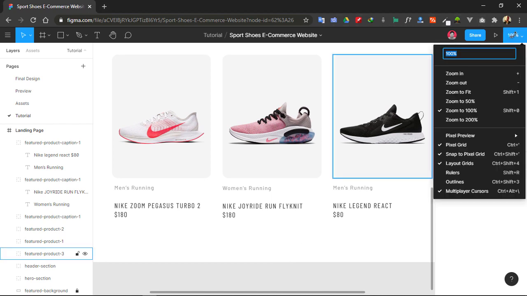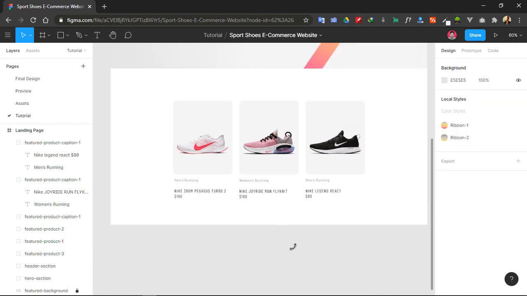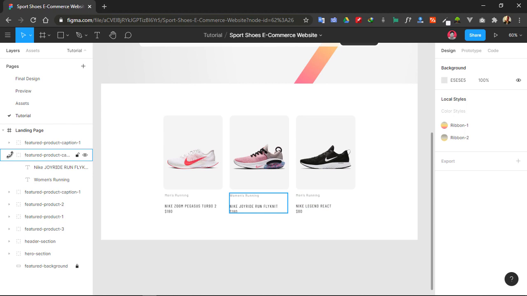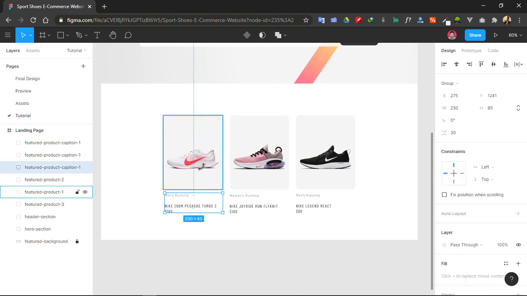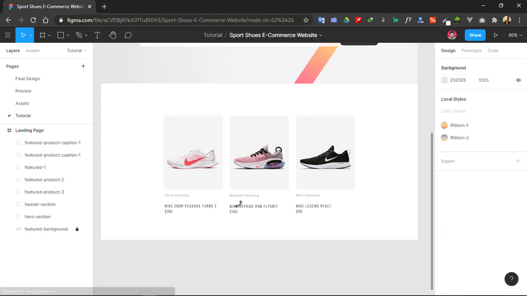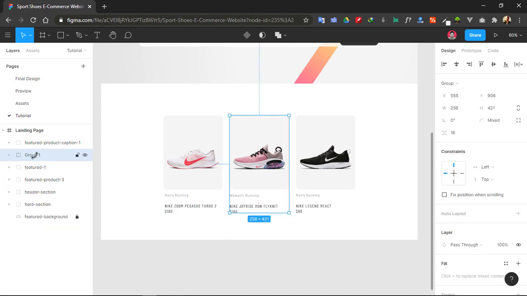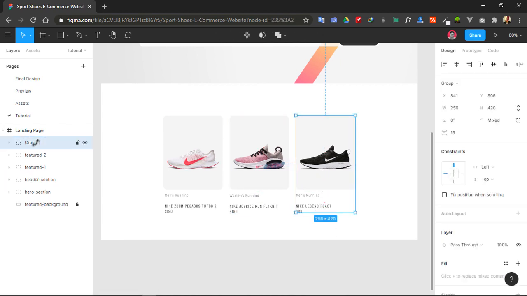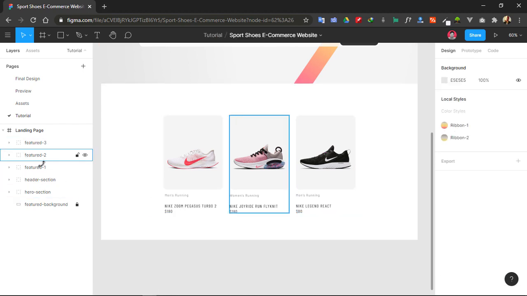Now I want it a bit zoomed out. Okay, nice. Let's group all of them, the product image and the caption. Control G, Feature 1. Control G, Feature 2. Okay, Control G, Feature 3. Okay,